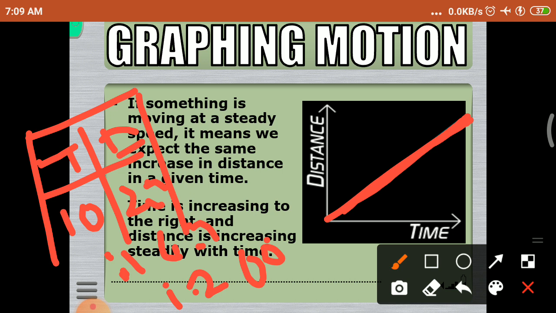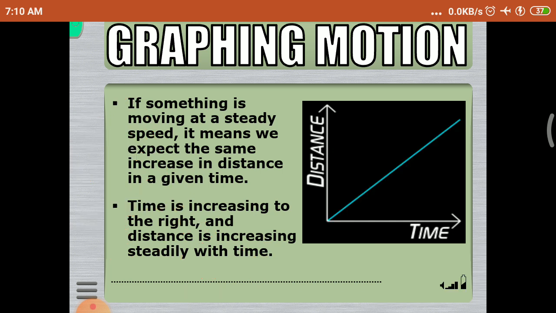So the difference between the first and second distance is 20. The same if you calculate for the second and third: the second covers 40 kilometers, the third covers 60 kilometers, so the difference is 20 kilometers. If you take the time for the first and second readings, the starting time is 10 o'clock and the second time is 11 o'clock. So the time interval is 1 hour. From this we can say that the object covers equal distance in equal intervals of time.